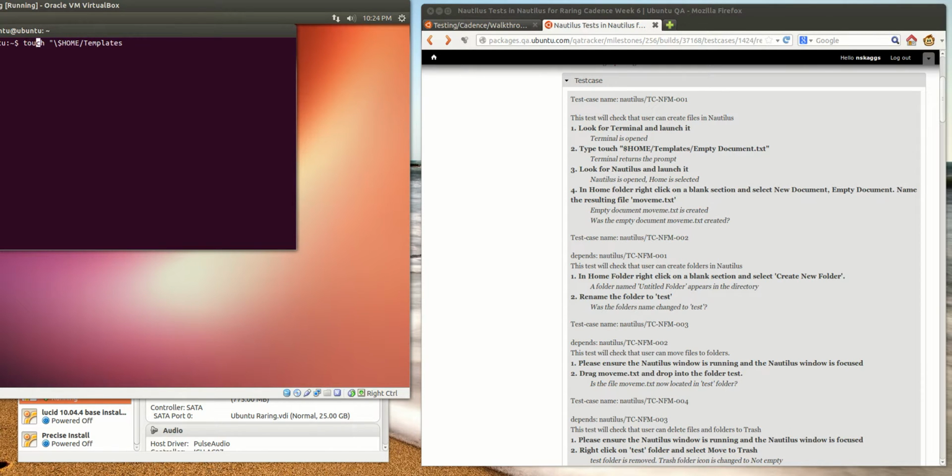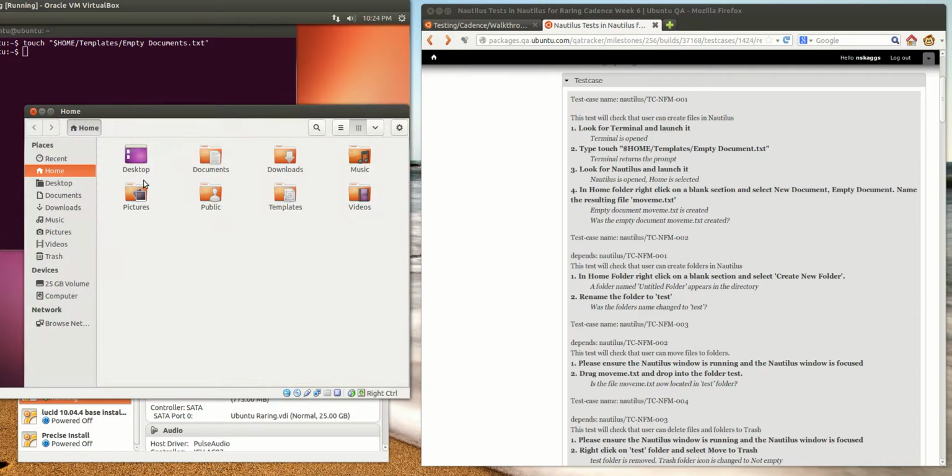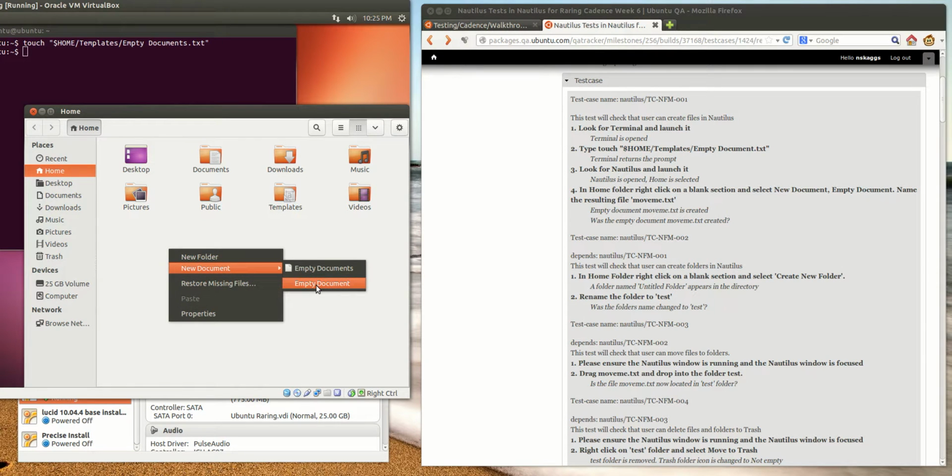Oops, if I can type, we will get the instruction followed properly. There we are. And indeed, the terminal returns the prompt. Now it's asking for us to launch Novelist. That's simple enough. And we want to make sure that the home Novelist open and home is selected, and that is also correct. So finally, step 4, it wants me to create a new document using empty document,